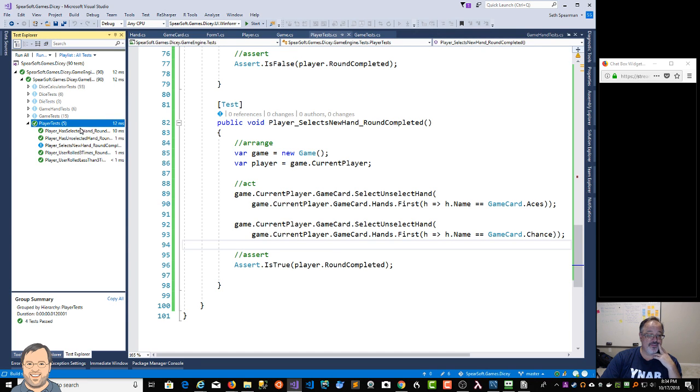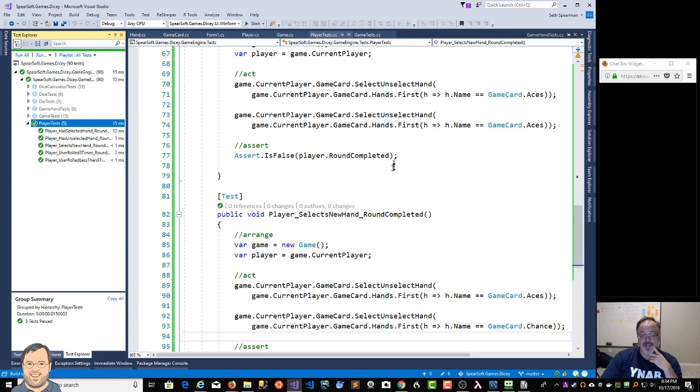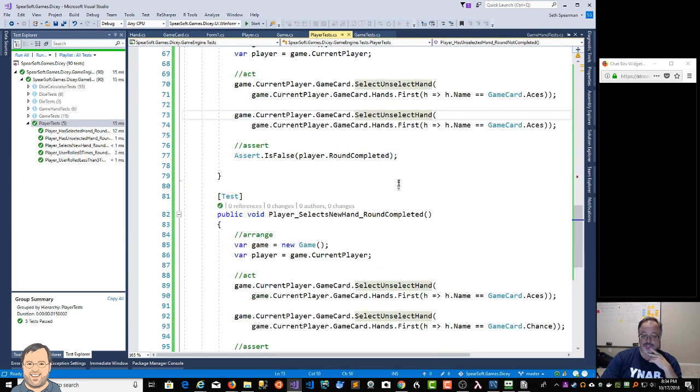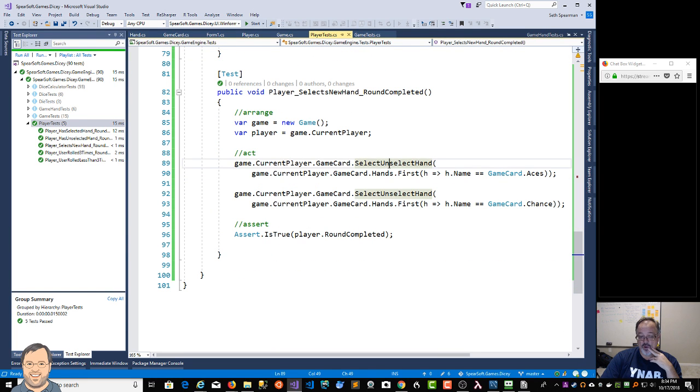Let's see if these tests work. Good. So notice what happened here is this toggled it off, so the hand was no longer marked as completed. And this toggled it, it marked it as completed. In this case, I chose a different hand, so there is still a hand selected. So the round is marked as completed. So anyway,